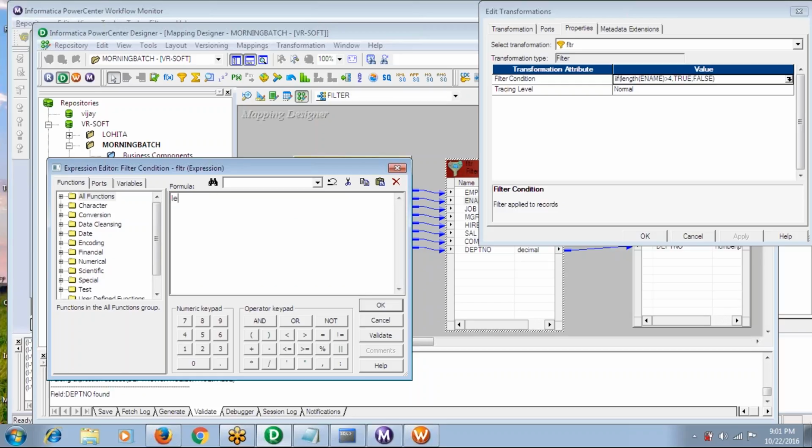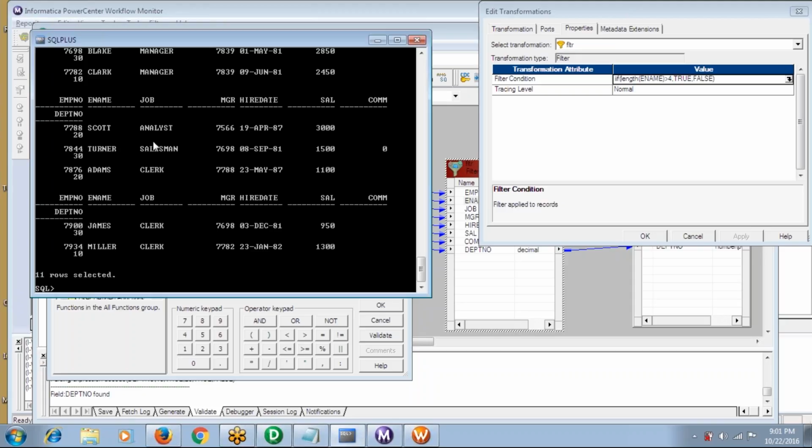Suppose you can use the length of, or you can use the substring, right? Substring of ENAME. So I cut only one character, 1 to 1. What it will do is, from your ENAME, it will cut the first character. If my first character